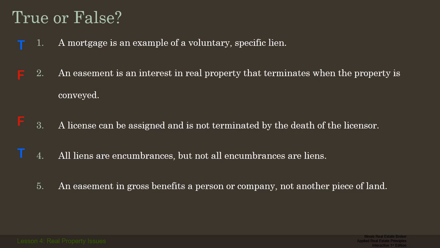An easement in gross benefits a person or company, not another piece of land. That's sort of true. An easement in gross is a utility easement, so it benefits, say, the utility company, the electric company that put the electric lines across your property, or the cable company that brings cable TV to your property. When that property is, let's say, first developed, the builder might negotiate with the utility companies and the water